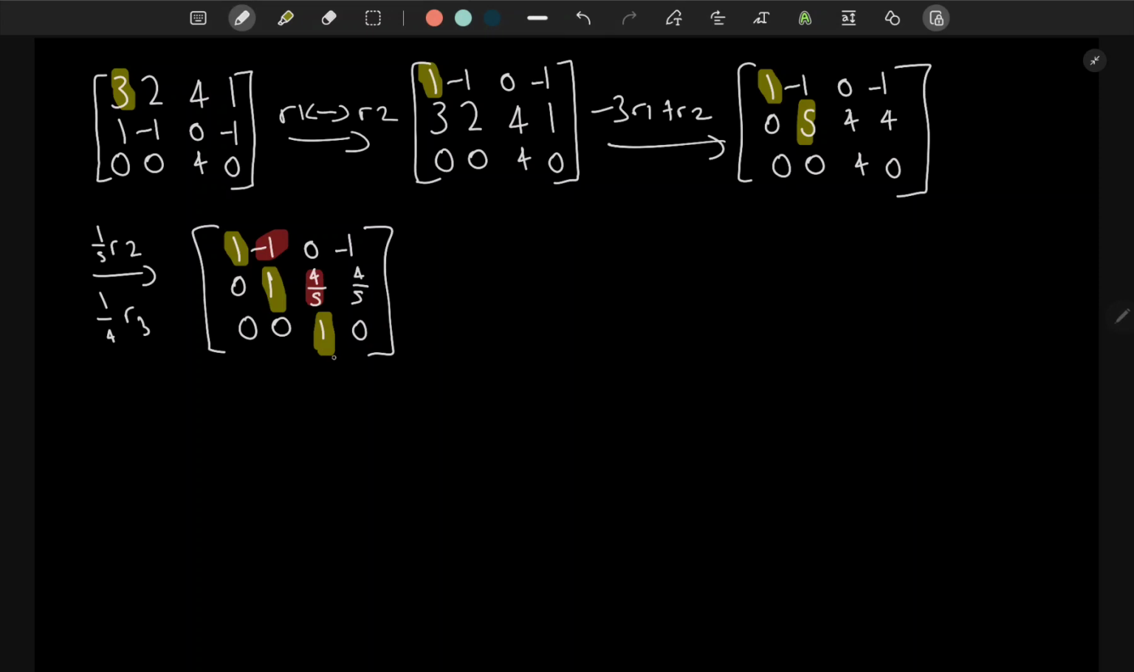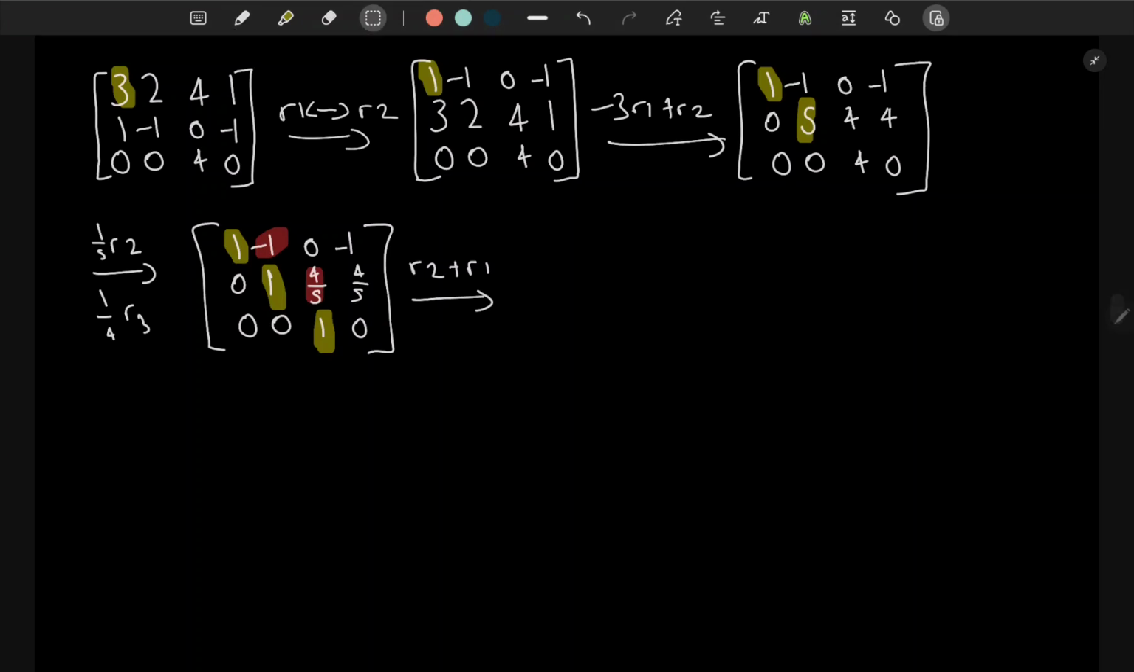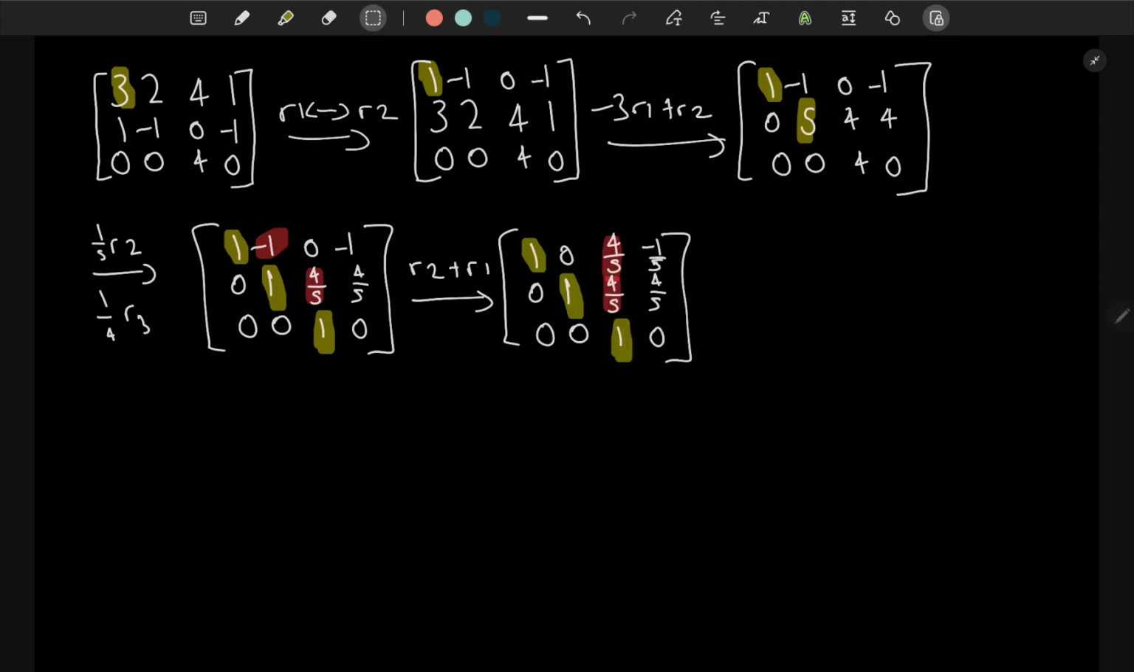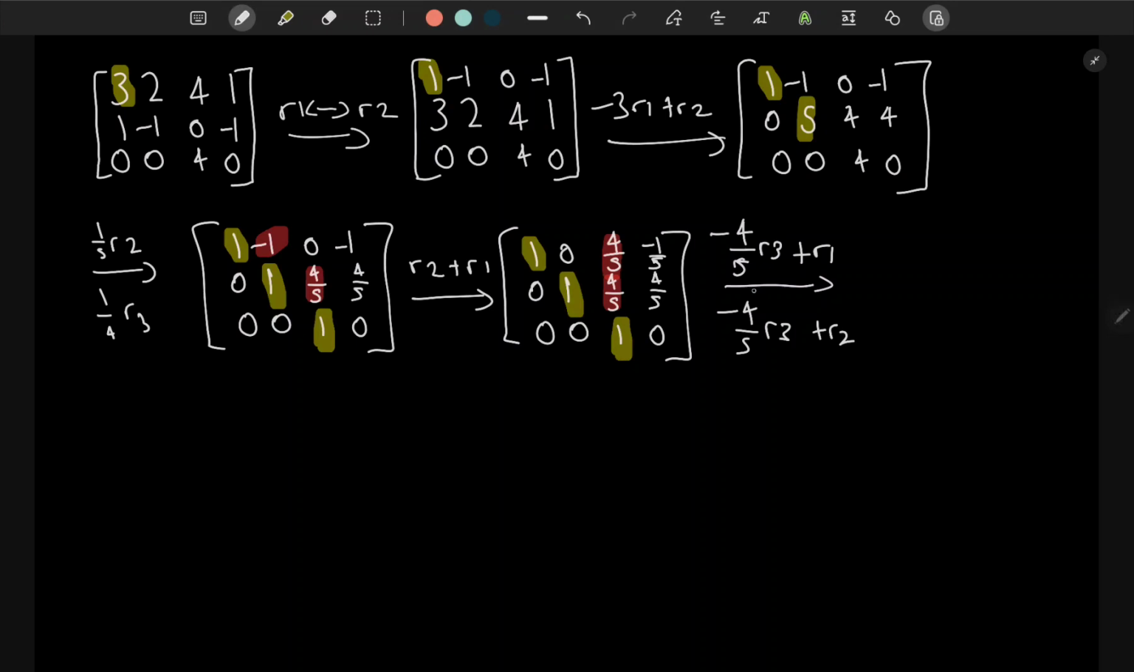And now we have the 3 pivots, but there are numbers above it, so we need to get rid of these numbers which are highlighted in red, and we do that by having some operations again. So we do R2 plus R1 to get rid of that -1, so we will have this matrix remaining, and we can see that we need to get rid of this 4 over 5 here and this 4 over 5 in row 1 and 2, and we do that by adding again the row 3 operation of these two. So negative 4 over 5 R3 plus R1, and then negative 4 over 5 R3 plus R2. And the final answer we will get is